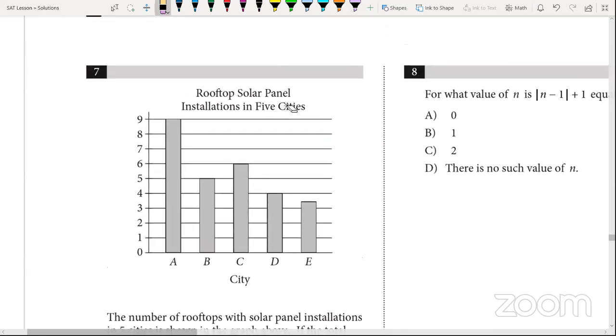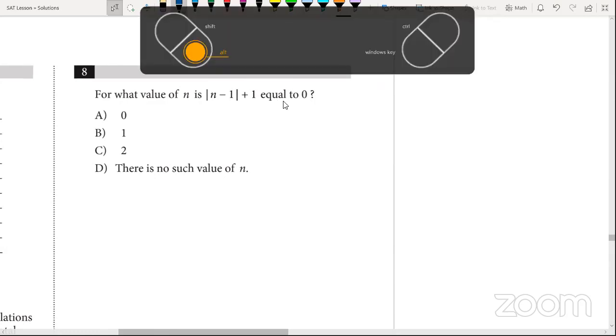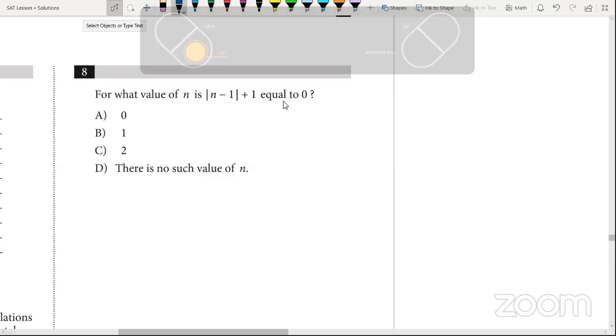For what value of n is this expression equal to 0? Okay, so what's going on here? We're being asked about the definition of an absolute value. An absolute value,